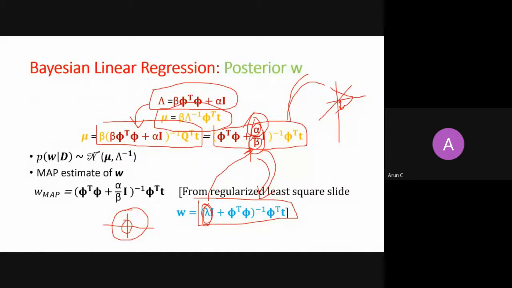Yes, so the question is, lambda is obtained by taking the ratio of the precision of the prior and the precision of the noise on the data set, not the data set itself, right? You just see that construct. It was a mean, and I was adding some noise to it. That noise was drawn from a Gaussian distribution, and that precision was beta there, right?